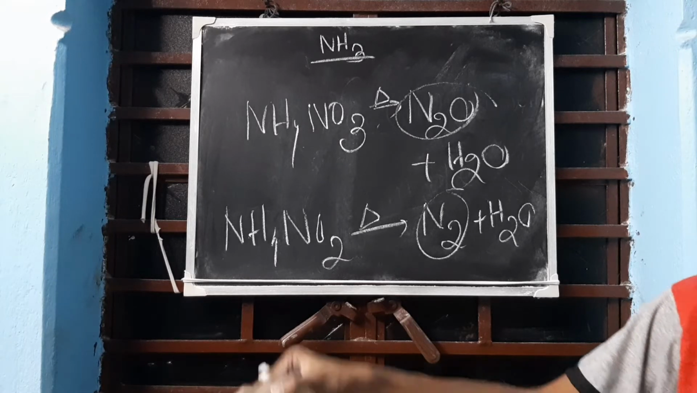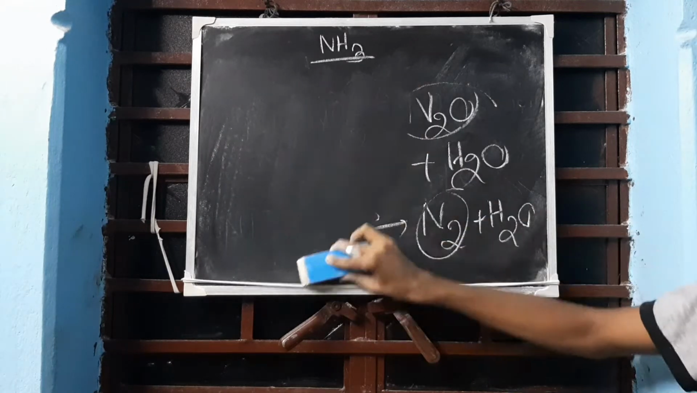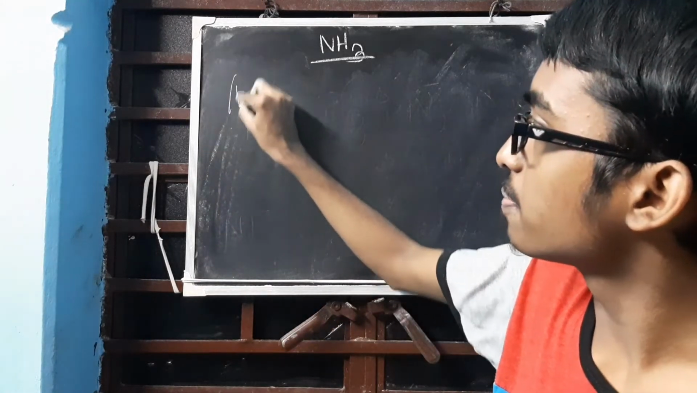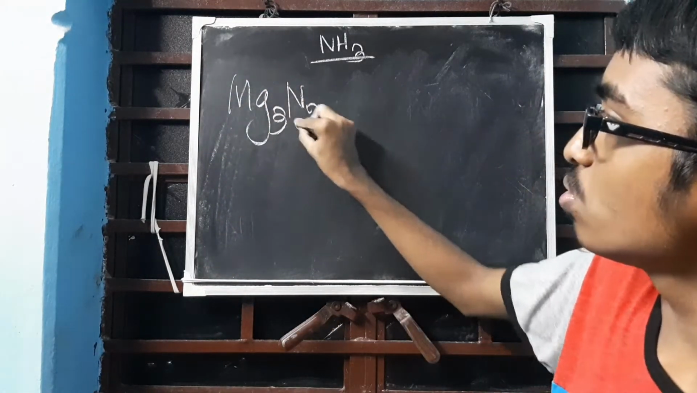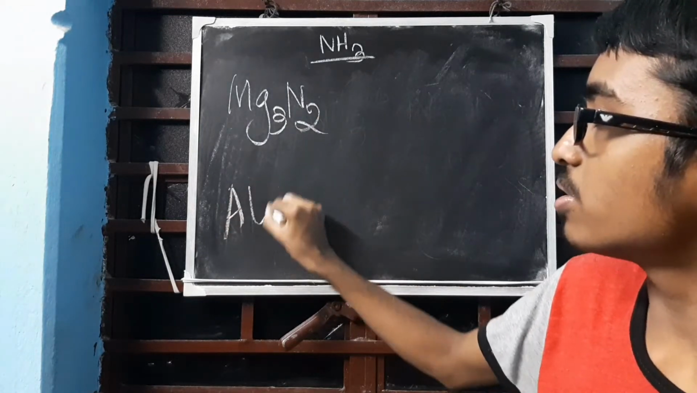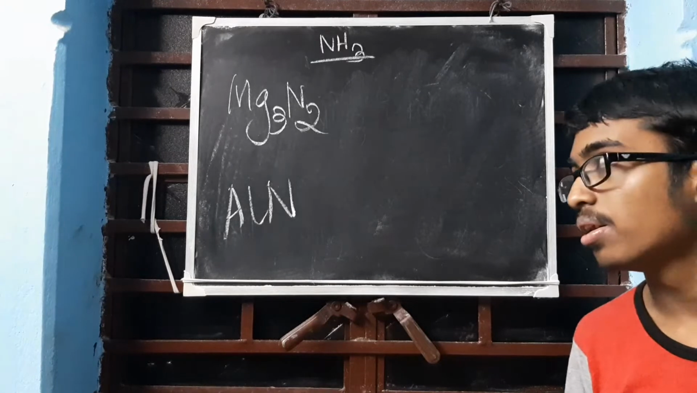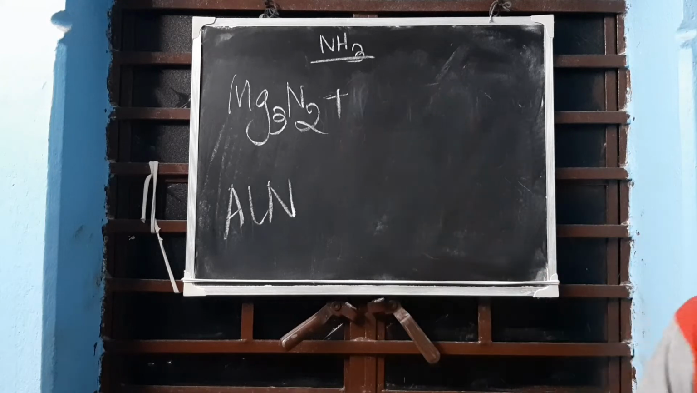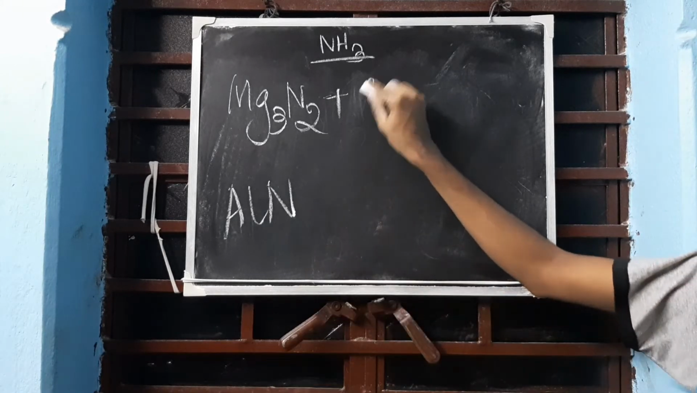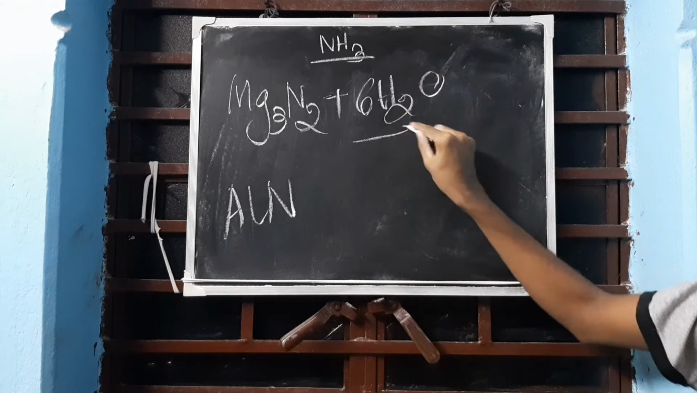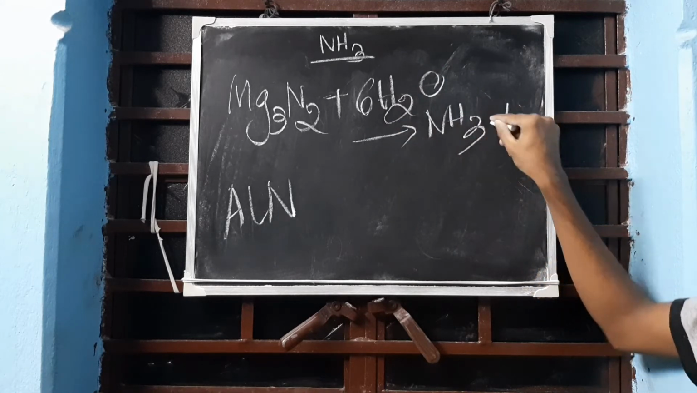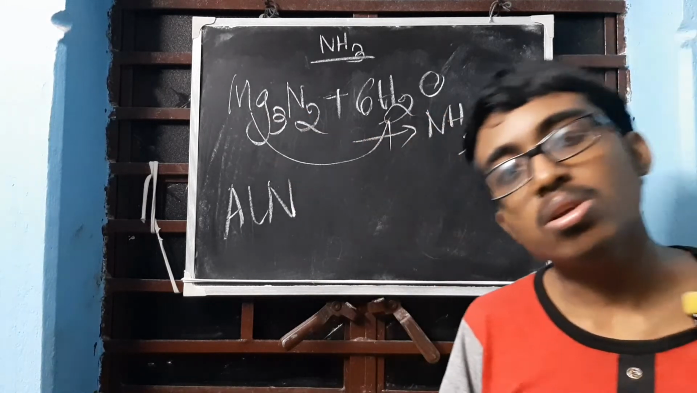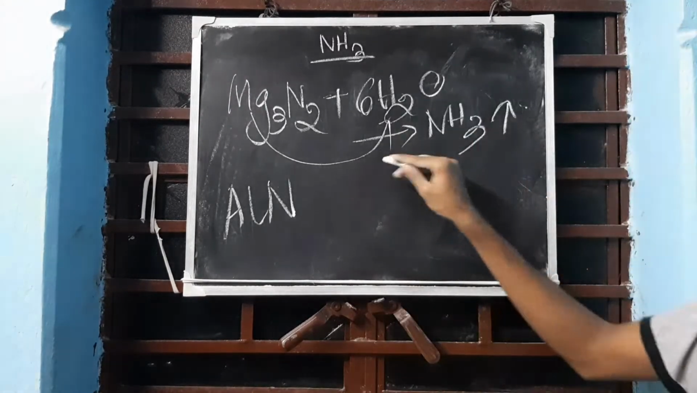Clear? Metal nitrides. Now this method is a costly method. Okay, let me tell you, this method is a very costly method. We use magnesium nitride, formula Mg3N2, and we use aluminium nitride, AlN. Clear? So if we add water, that is moisture, then you will get NH3 as one of the products, and you will get its respective hydroxide,